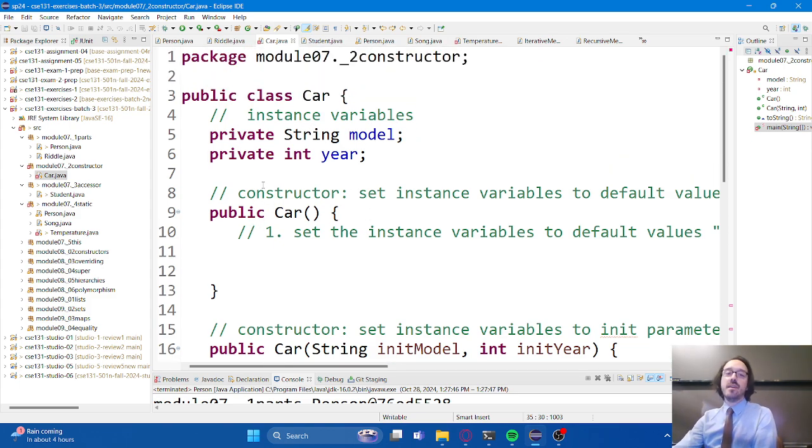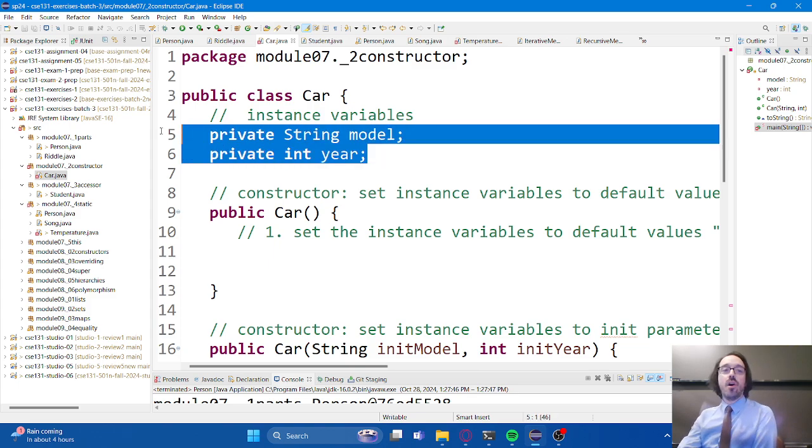Today we just need to understand that constructors have one role, one job, literally one job. And that is to make sure that all of these instance variables, however many there are, here there's 2, but there could be 10, there technically could be 100. I would not want to see 100 instance variables, but technically you could do it. However many there are, the constructor's job is to make sure that every single one of those instance variables has an appropriate value set to it by the time the constructor is finished. That's the constructor's job. That's all that it needs to do.